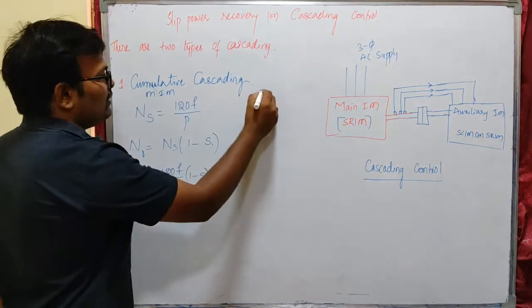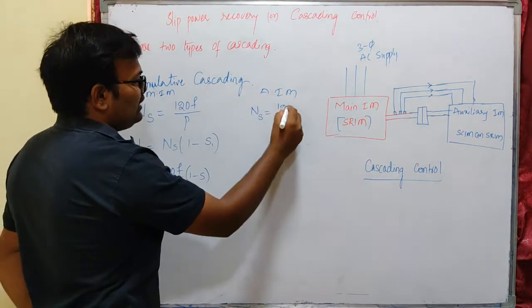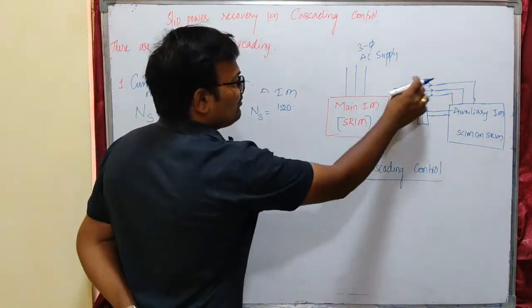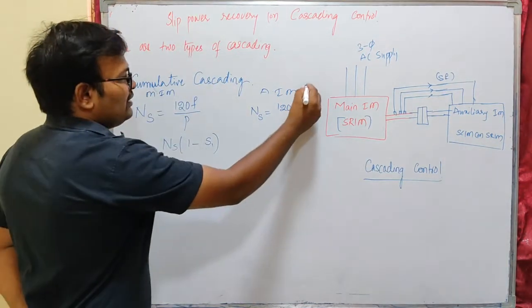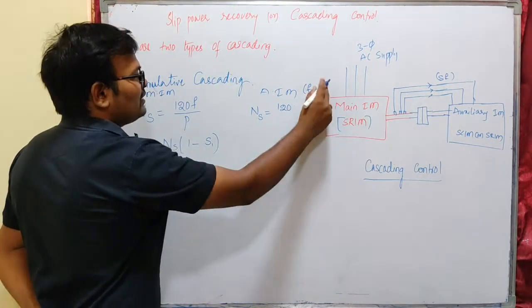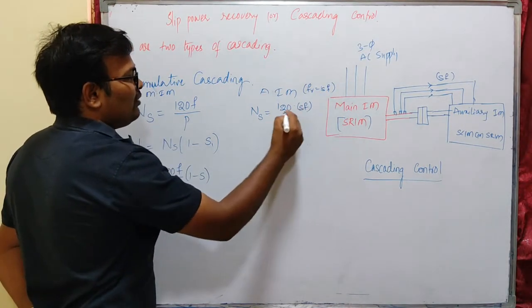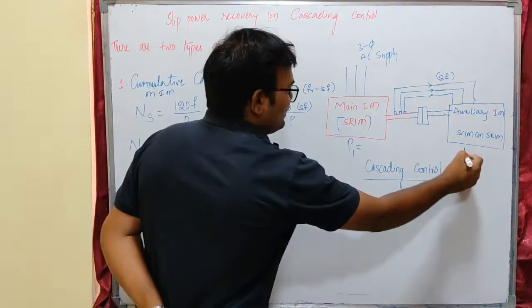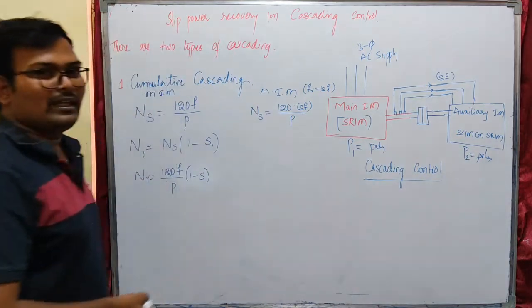What is happening in the auxiliary induction motor? Ns equals 120 into the frequency of the supply to the auxiliary induction motor, which will be the slip frequency, because the power is fed from the slip rings. The frequency of the supply will be the rotor frequency, that is nothing but the slip frequency S1 f. That means the frequency here is S1 times f, divided by the number of poles in the machine. For the main it is P1, for the auxiliary it is P2 poles. The numbers of poles are P1 and P2 on the main and auxiliary induction motors.